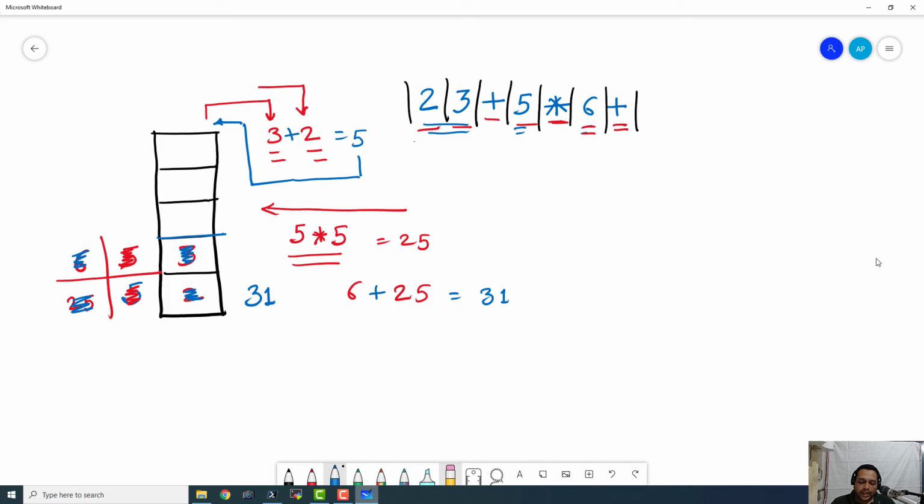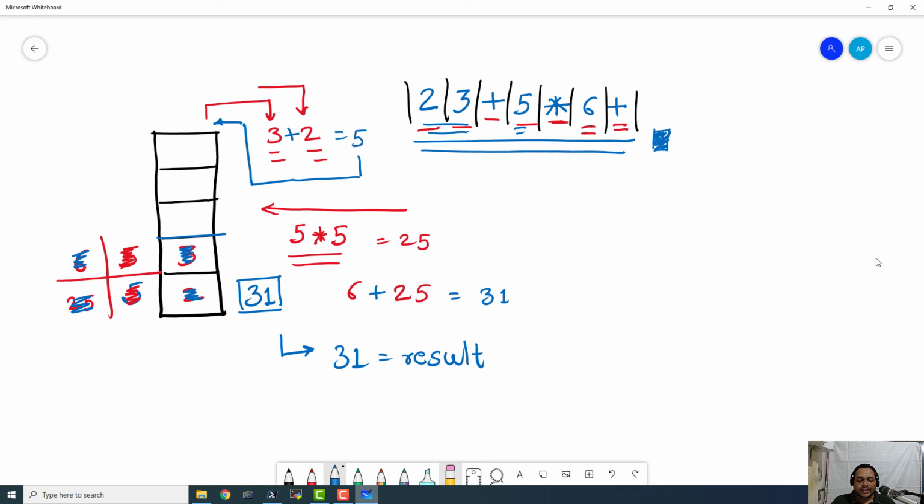Now in the end, when all the tokens or all the characters in that particular expression are exhausted, and we are at the end of that particular string representing that expression, then check the top of the stack. So the stack is always going to have one element left at the end of this algorithm, and pop that element, and that element is nothing but your final result. So this is the result of evaluation of the postfix expression that we are discussing now. So this is the algorithm for evaluation of the postfix expression using a stack.